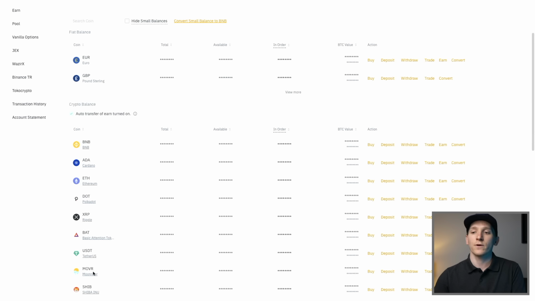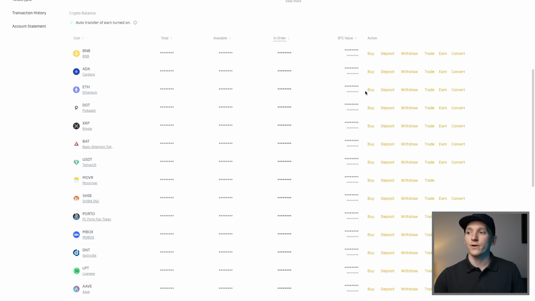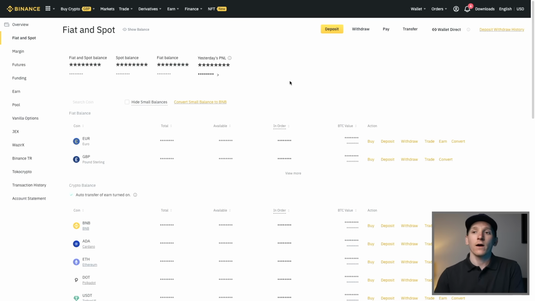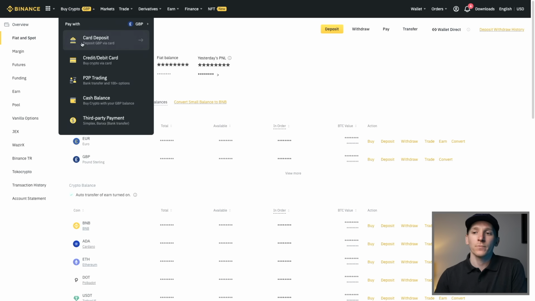And then down here, you can see a bunch of cryptocurrencies that you hold, and then you can do similar things with them here. So we'll get onto that in a second. We're going to have to get some fiat currencies onto our account to actually go ahead and trade crypto. There's a couple of different ways to do this. So we can come up here to buy crypto, and the first way is just to literally buy it directly